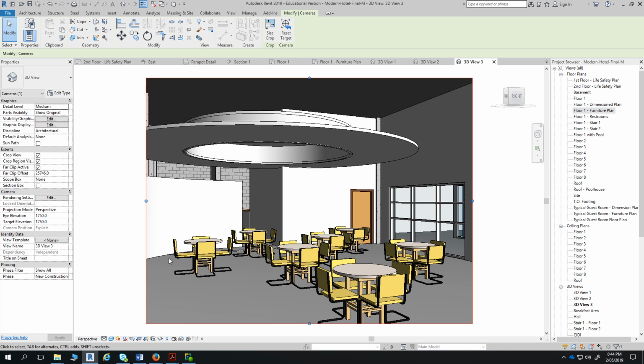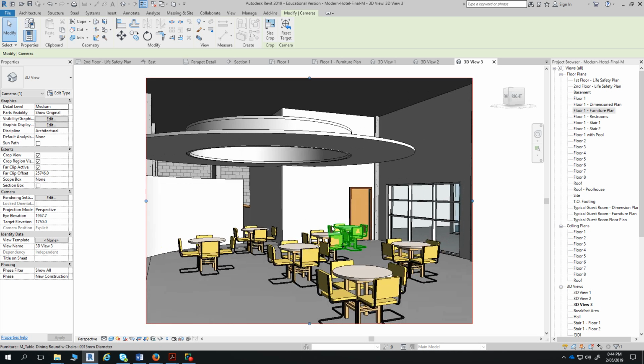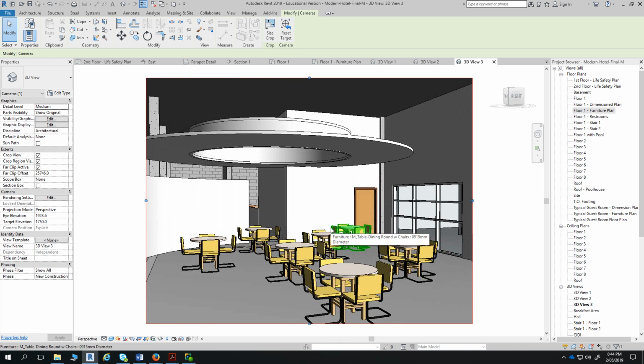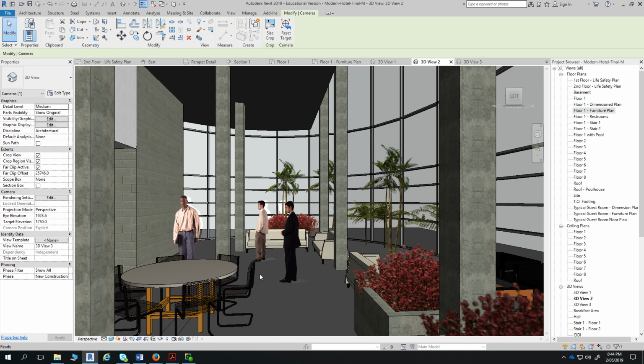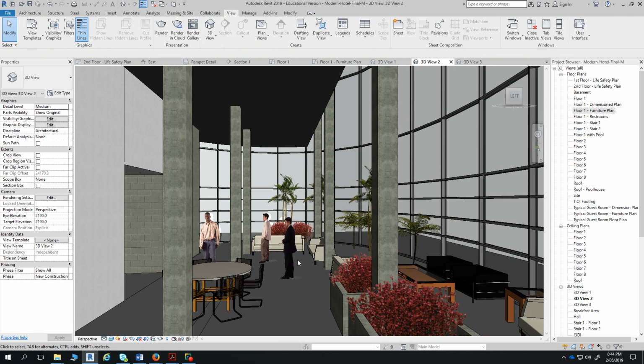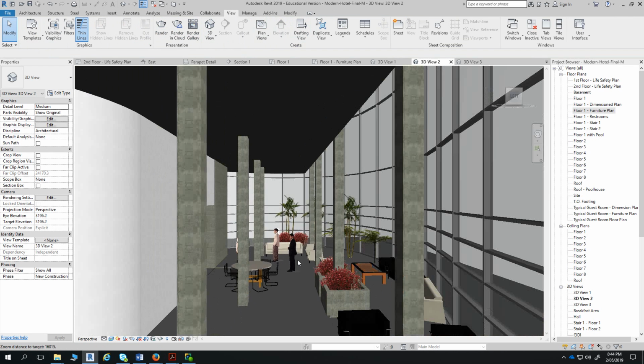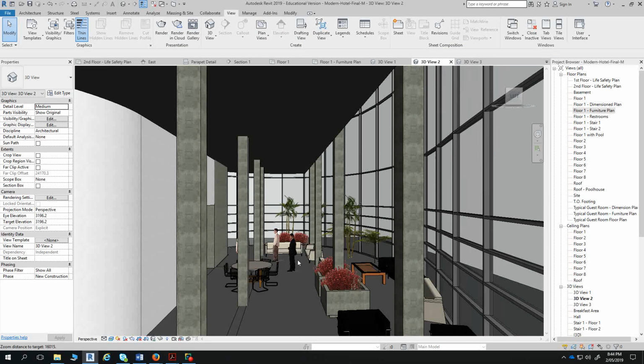The one thing with these, you can pan around the model. Oh, actually, that's good. And one other thing that I've just remembered they did in 19 is you can actually now, down the bottom left, uncrop your view entirely and get an entire expanse of your model. It still needs to be cropped to go on a sheet later though, but you can have a wide view like this so it looks realistic, and